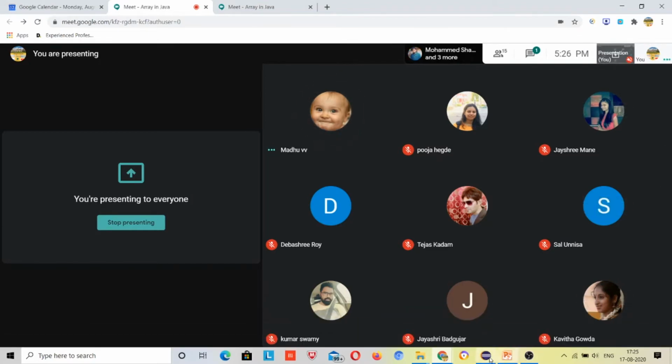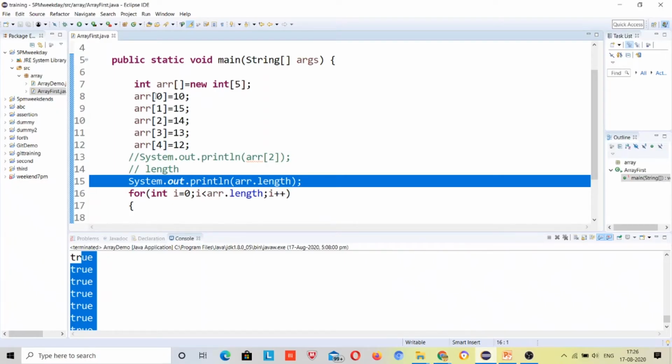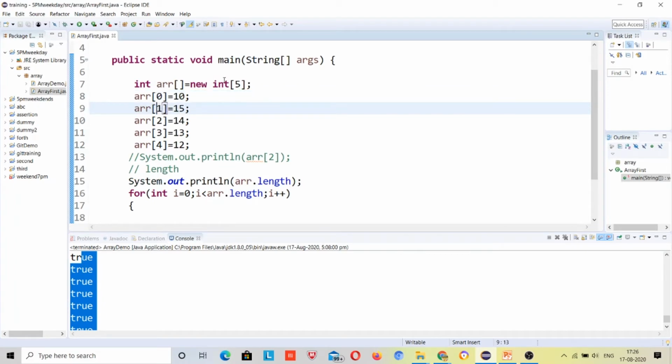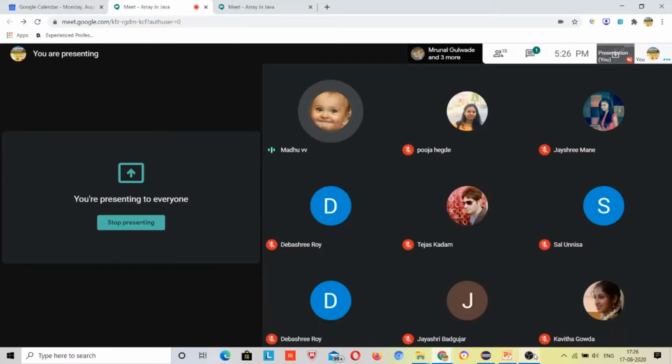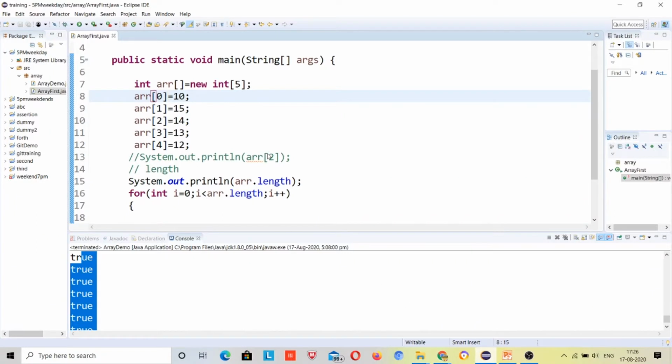Doesn't matter if array is starting from 0, the length of the array is 5, right? It starts from 0, but the length counts 0 also, right? Don't consider 1 2 3 4. This one was also considered. Now Madhu, please mute yourself. Okay. So it will print 5, right?